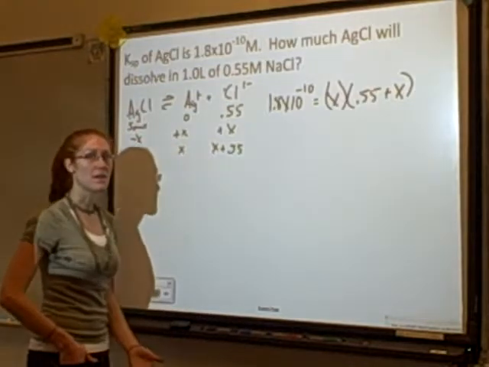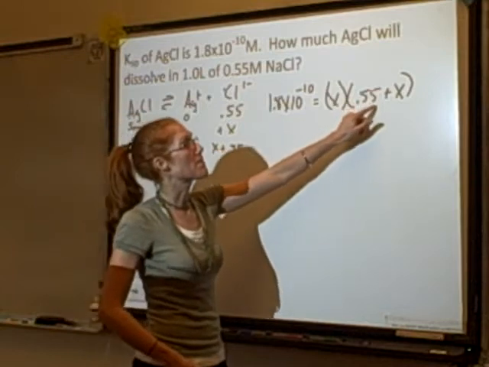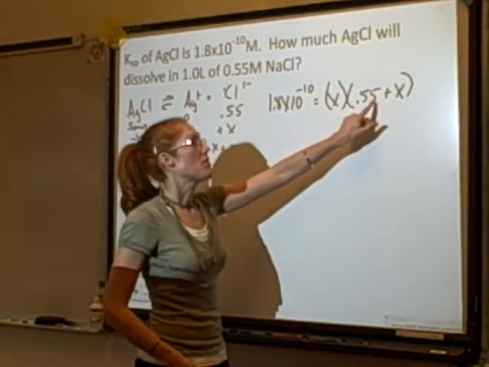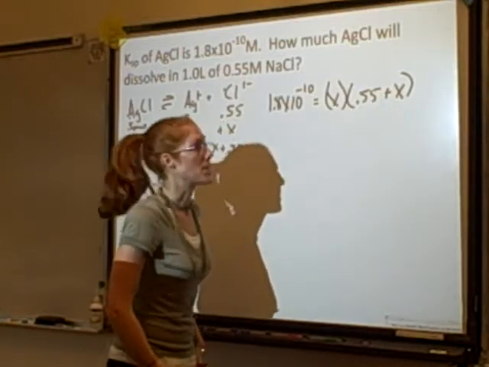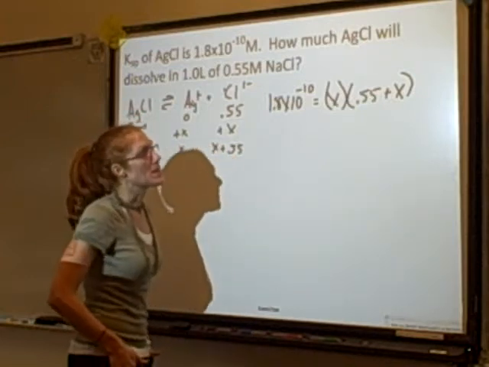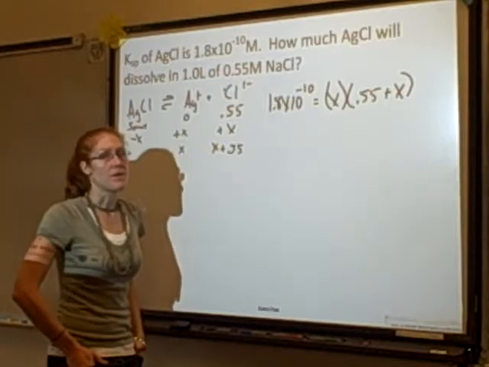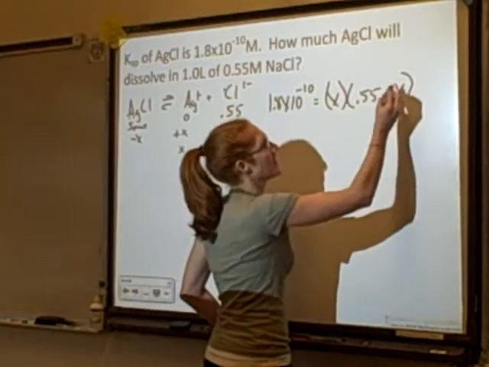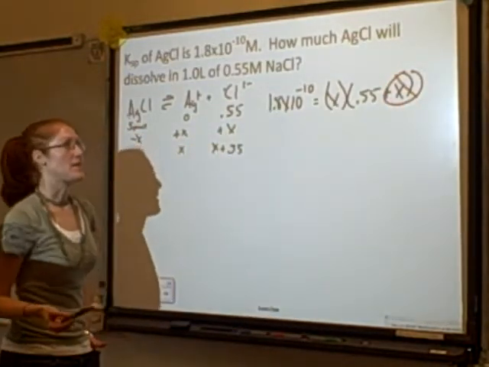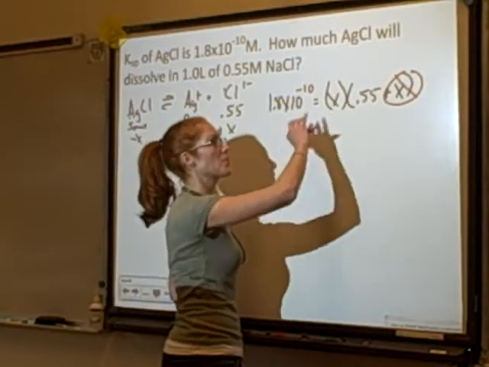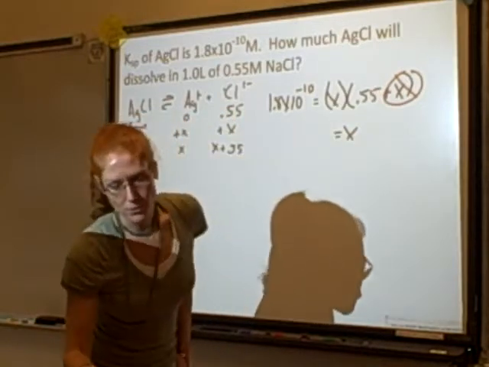In chemistry, we're limited on how well we know numbers because we have to measure everything. So if we measured this molarity to be 0.55, we certainly don't know the thousandths or 10,000ths place or all the way down to the times 10 to the negative 10th place. We don't know that. So basically, I can say 0.55 plus something to the negative 10th is still 0.55. I get to do this. Good times. All right, so my math just got a lot easier. Now I just have to get the X alone, so I'll divide both sides by 0.55, and I'll end up finding out that X is equal to